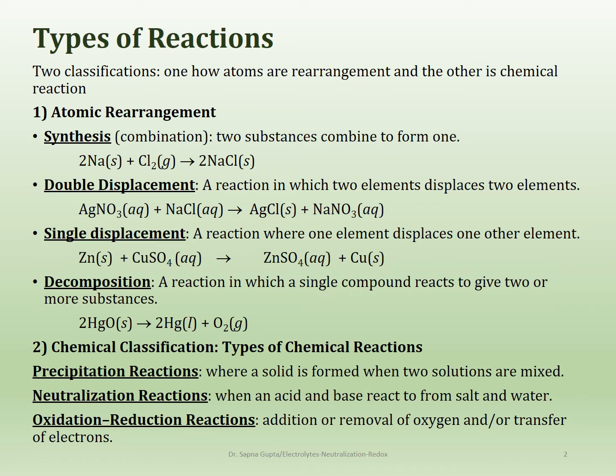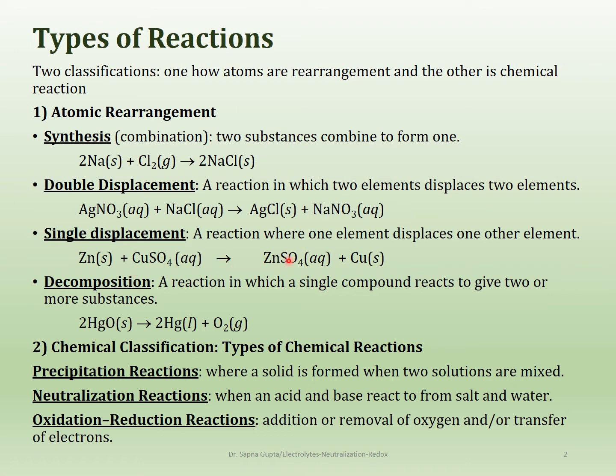So now for the different kinds of reactions that can actually take place in water. We've talked about different classifications before, and I'm going to introduce one more to you. So there are two different kinds of classifications. The first one that you have done is the atomic rearrangement, which was the synthesis, in which case you combine two things and get one thing. A double displacement, in which there are two exchanges going on, that is called double displacement. Then we talked about a single displacement, in which case one element would displace the other one, and so